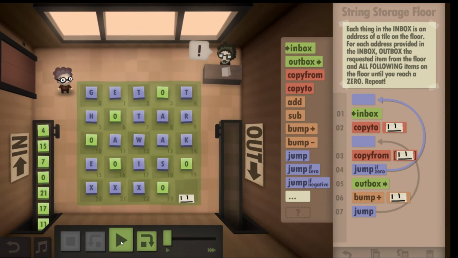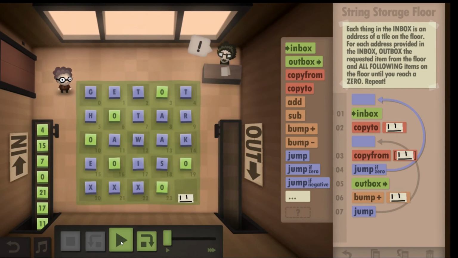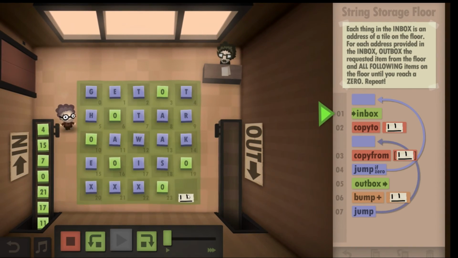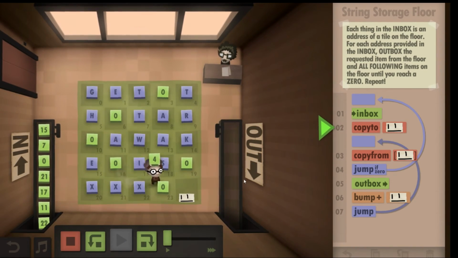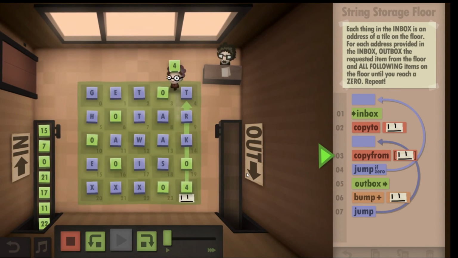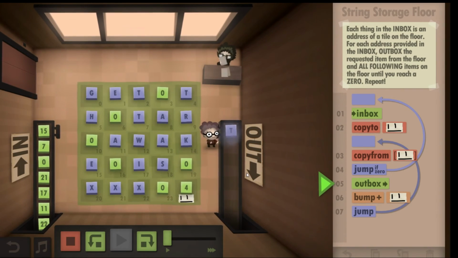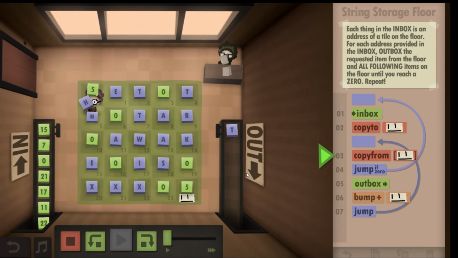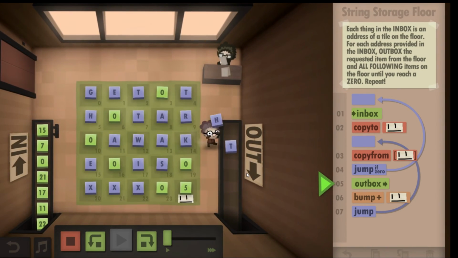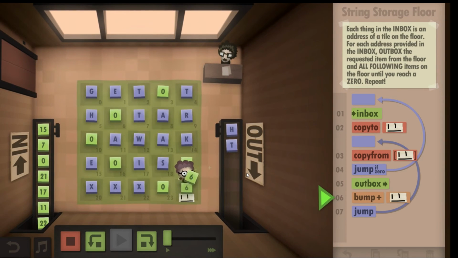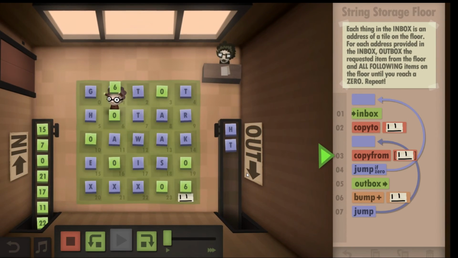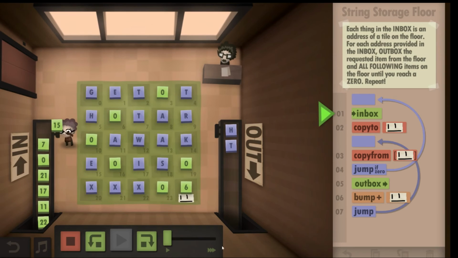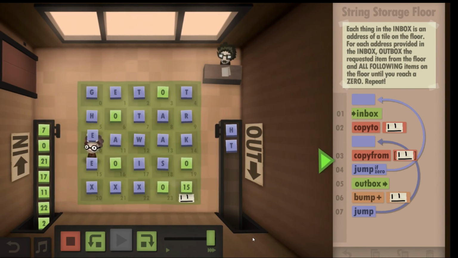It's nice to have a break from the very difficult stages. Yeah, it really is. Okay, let's see what happens. We put 4 in our address. We grab T, we outbox it. We bump 4, copy to get H. Throw it in there. We bump 6, that's a 0. We test if that's 0, and we don't do anything with it. Okay, this will do it. So let's see what the